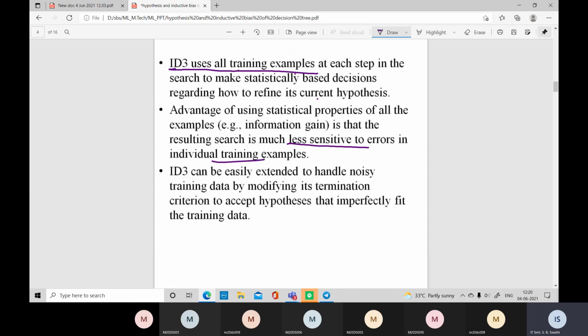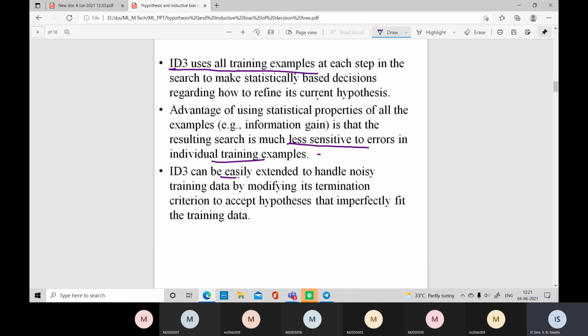And why we go for this information gain or entropy is that we get very accurate results when we apply it. The tree is very less sensitive to errors. When we do it with calculations, instead of approximation, when we generate the decision tree based upon mathematical formulas, based upon the resultant value in terms of numerical digits, the tree will be a more efficient one.